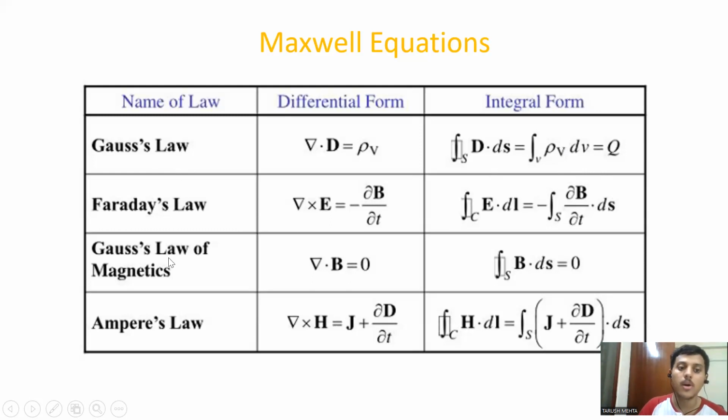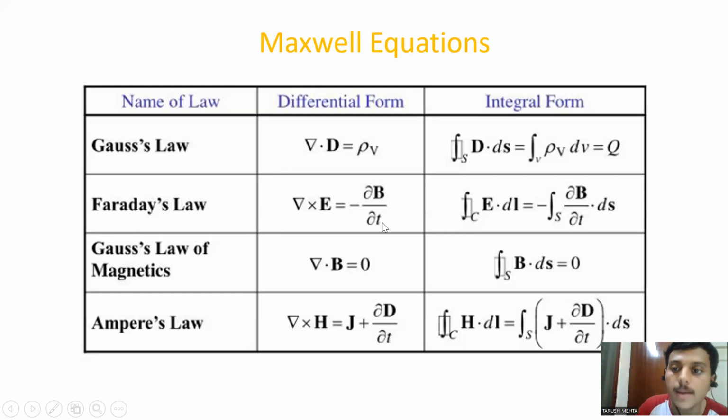Then we also have a Gauss law in terms of magnetic field, which is simply stated as the divergence of the magnetic field vector is equal to 0, or the net magnetic flux coming out through a closed surface is always equal to 0, which also means that magnetic monopoles do not exist. So magnetic poles always exist in pairs, that is North Pole and South Pole. So however much we cut a magnet, the magnetic poles will always exist in pairs, North Pole and South Pole. Then the third law is Faraday's law, which states that curl of electric field is equal to